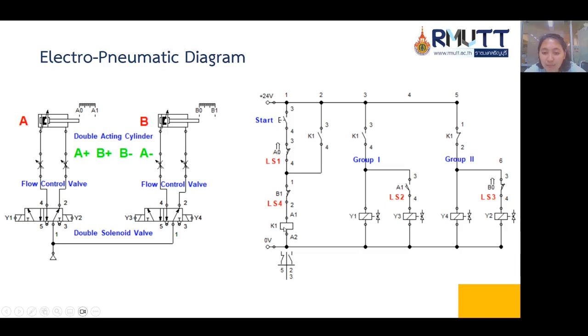After the coil of relay 1 is active, the normally open contact will be closed and activate solenoid Y1. After cylinder A reaches limit switch A1, or limit switch 2, it activates solenoid Y3 here.